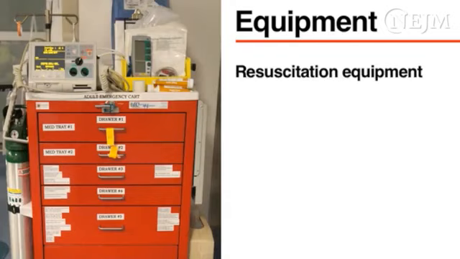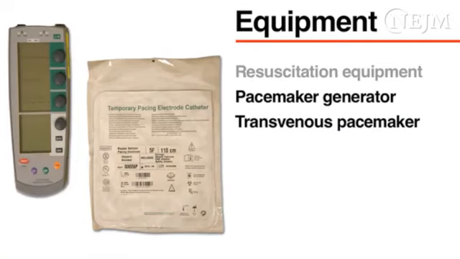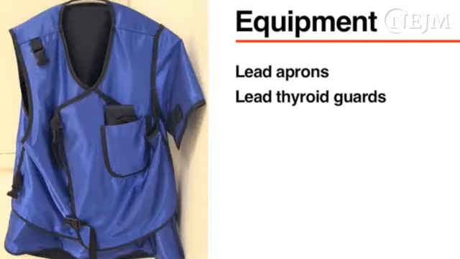Because arrhythmias may occur during placement of a pulmonary artery catheter, you should have resuscitation equipment on hand during the procedure. If you are placing a catheter in a patient with a left bundle branch block, you should be prepared to place a transvenous pacemaker in case complete heart block occurs. Finally, if you are going to use fluoroscopy, you will need lead aprons and thyroid guards for everyone in the room but the patient, who may be selectively shielded in a manner that does not cover the chest or interfere